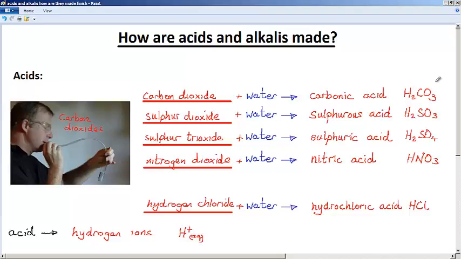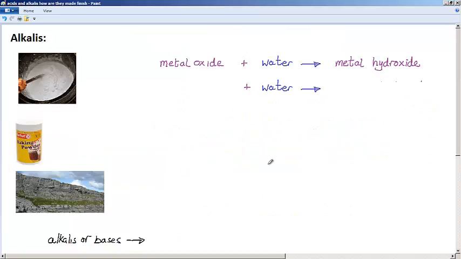What about alkalis? Now, alkalis can be made when metal oxides are added to water. Now, here we've got a common metal oxide which has been added to water, and it's used in the building trade, and this is called lime or quicklime. Okay, and its chemical name is calcium oxide. When it's added to water, it generates quite a lot of heat, and an alkali called calcium